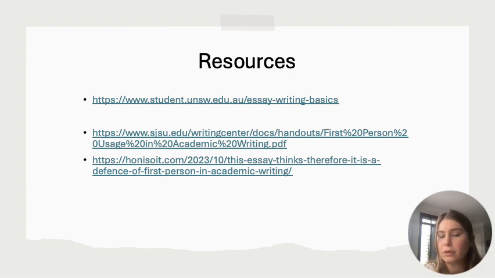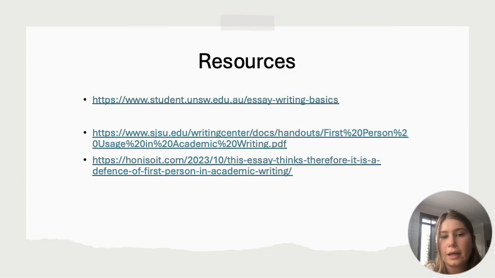Now for just some general resources I thought might help. I always find it helpful to remind myself of the purpose of an activity and the foundational steps of it. So this first link in this slide goes over the reasons we actually write essays, compared to a literature review or a thesis or something, and clear steps to get you started as well.